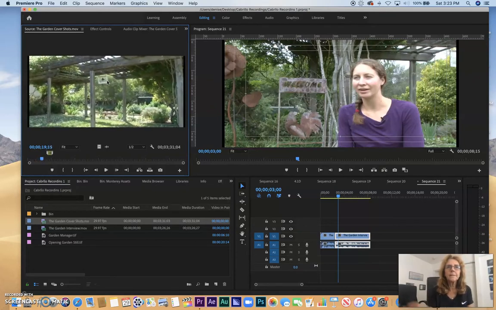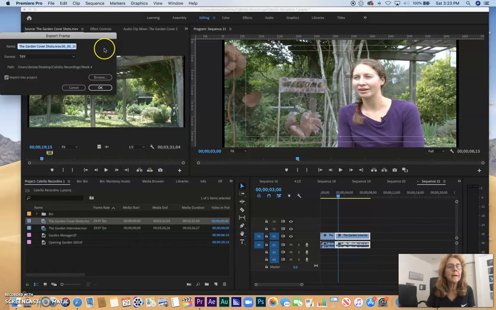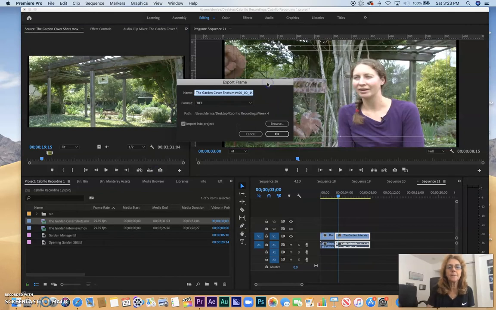So let's instead stop it and create a still. That's actually a nice still there. So what I'm going to do is take a still from my source video. And right here there's a small icon, a small camera, and it says, if you hold the cursor over it, export frame. So I'm going to click on it, and here's what it gives me, a small